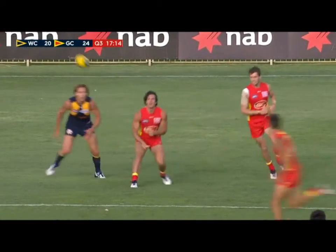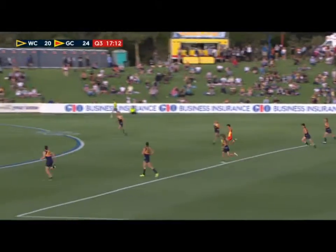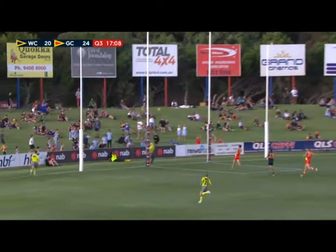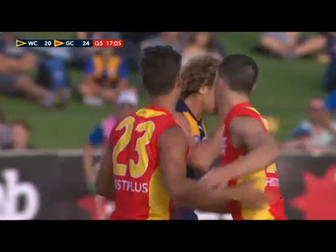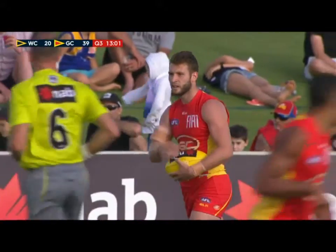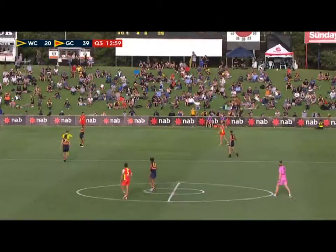Ball kick from Schofield. Lonergan chopping that one off, and Lemons can go with the long kick. That one's from outside 50 from Lemons, and it'll bounce through for a super goal. The came from Sorrento originally. I reckon he's very, very handy at